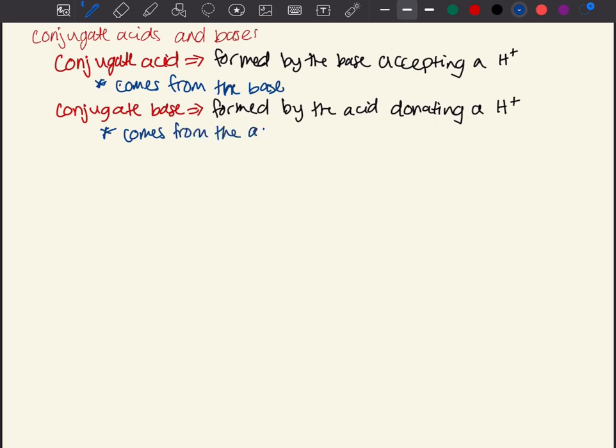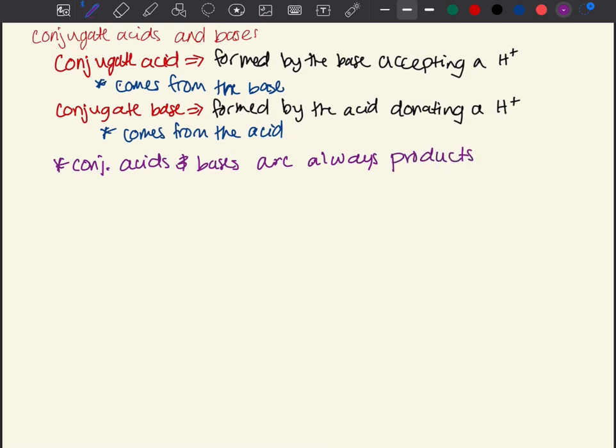Now, something that I want to point out to you is that we're using the word formed. So that means these are going to be products. All right, those are going to be products. So our conjugate acids and bases are always products. So let's look at an example,